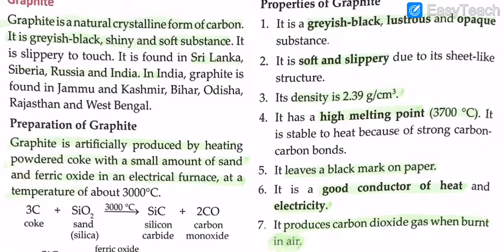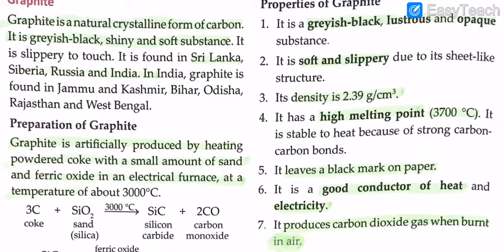Now, let's come on to the properties of graphite. The properties of graphite are, it is first definitely a grayish black, lustrous and opaque substance. It is soft and slippery due to its sheet-like structure. Its density is 2.39 gram per centimeter cube, and it has a high melting point of 3700 degrees Celsius, while diamond was 3500 degrees Celsius. It is stable to heat because of its strong carbon bonds, and it leaves a black mark on paper, definitely,